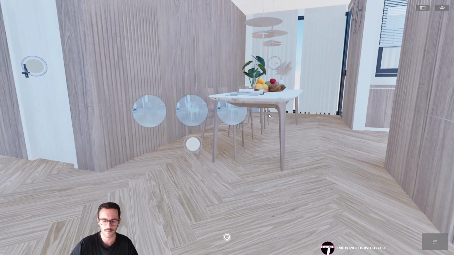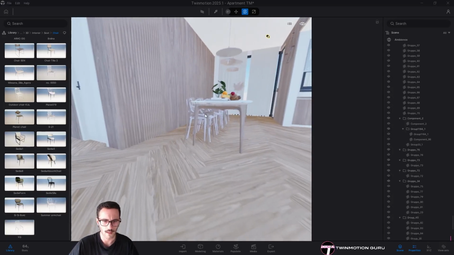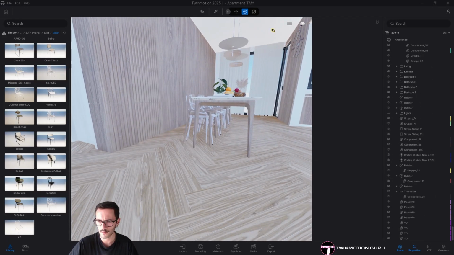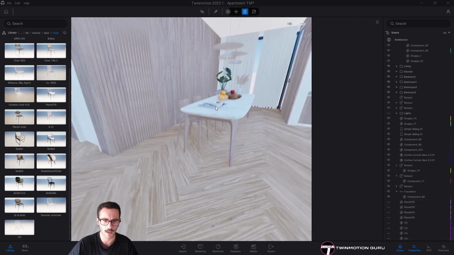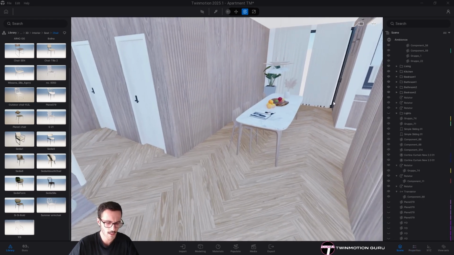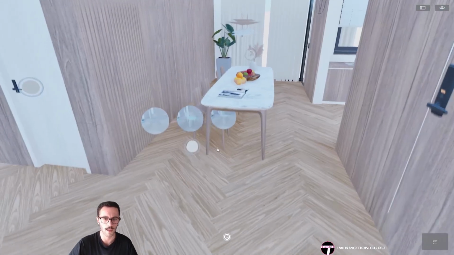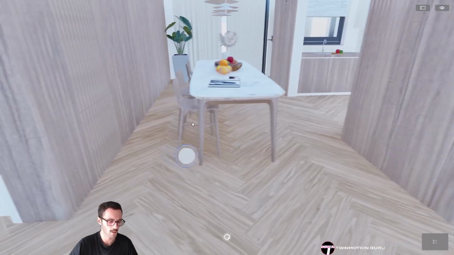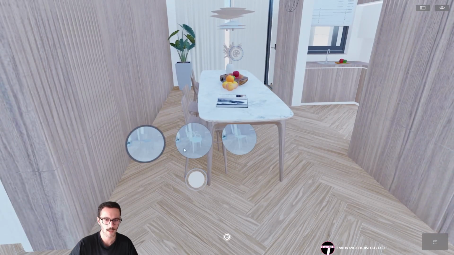In particular, I saw something that is not something I want to see inside my scene. I'm just hiding all the chairs that are not necessary, and then from now I have only one set of chairs, and then I can select the chair I prefer.